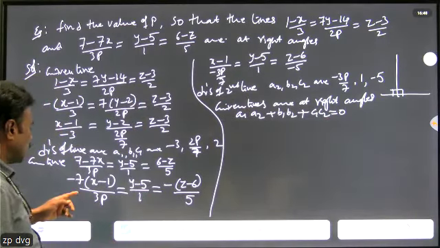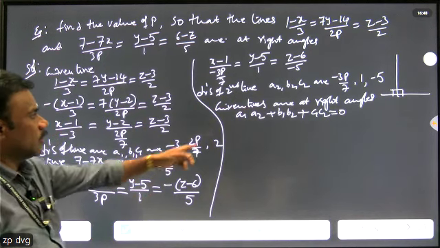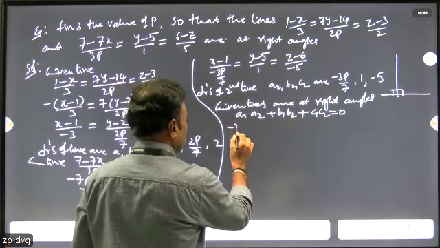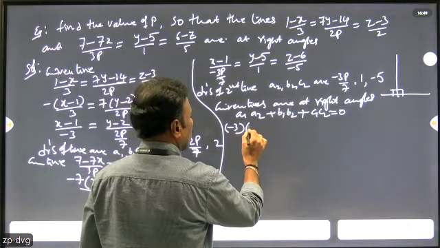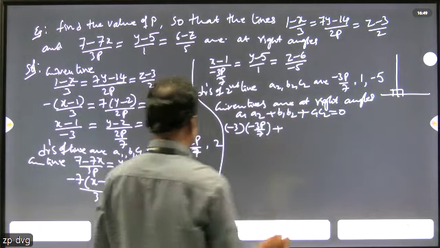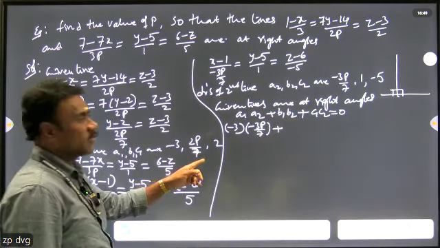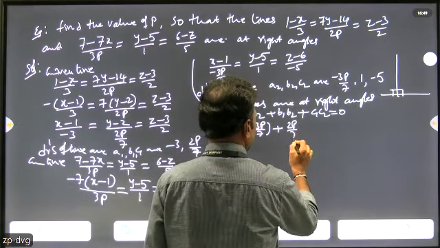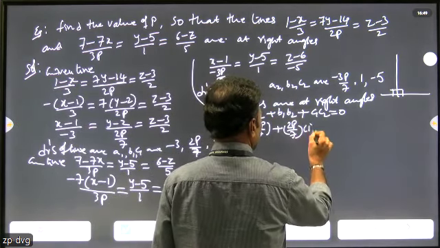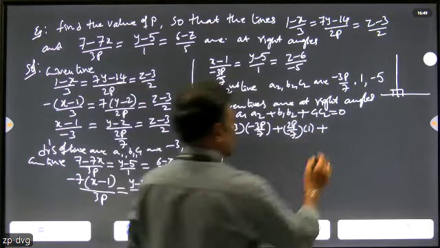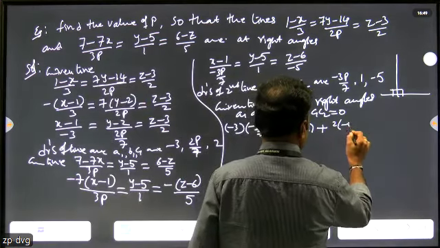Substitute: a1 value minus 3, a2 value minus 3p by 7. So minus 3 into minus 3p by 7 plus b1 b2, b1 is 2p by 7, b2 is 1. So 2p by 7 into 1 plus c1 c2, 2 into minus 5,